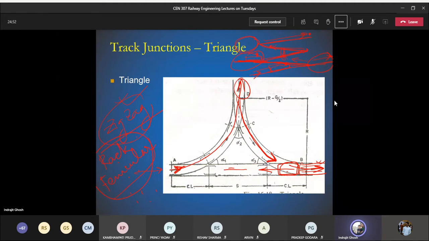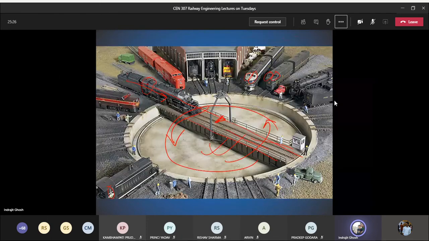Here also, why I am bringing the reference of zigzag, because for this particular stretch the train will be going in a direction. It will seem to you that the locomotive is going to push the train in the backward direction. As soon as it comes here, the engine will be in the front direction. Now it will go back. All the coaches and compartments will be on the back side. So it is ready for the movement. This is the triangle. Here I missed one point.